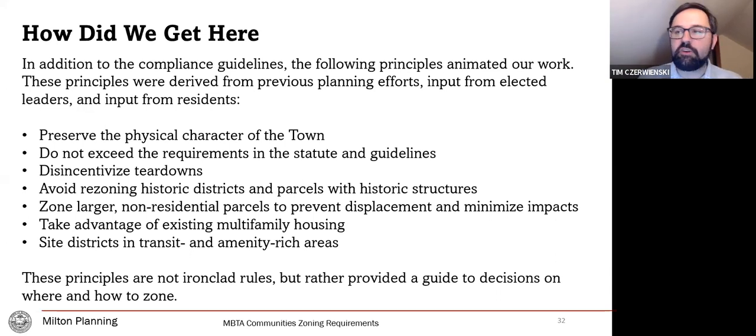And these are principles that are derived from previous planning efforts, the master plan, the housing production plan, the final report of the Equity and Social Justice for All Committee, other smaller planning efforts that we've been doing over the course of years where we've learned, what do people care about when it comes to the built environment in the town of Milton? What do people care about when it comes to housing and the look and feel of their neighborhoods and all of that? And so we've got 7 broad principles that have been guiding our work